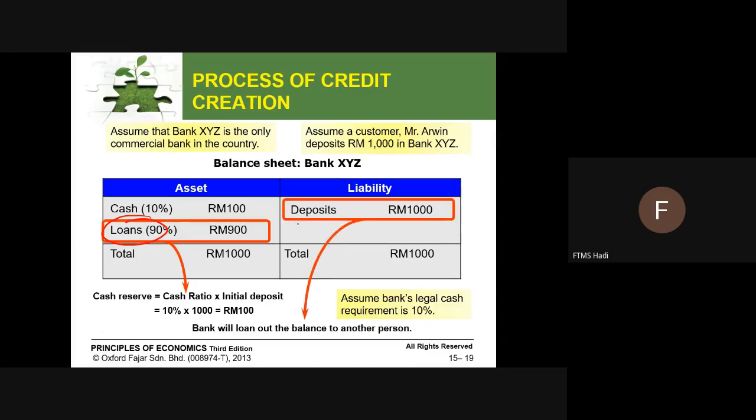Okay, and then these are the deposits. Liability. Why is deposit a liability in the balance sheet? Because the bank owes depositors. And then why are loans under assets? It is because loans consist of borrowers. They tie up with borrowers, and then borrowers need to pay the loans with interest.